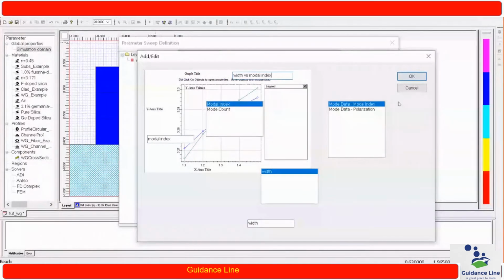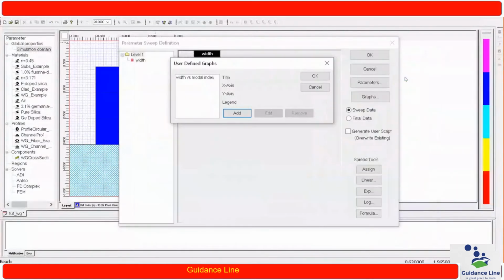Now I am selecting mode data, and the legend is also modal index. So I just click on OK. You can see width versus modal index, the title which we have provided, over here.